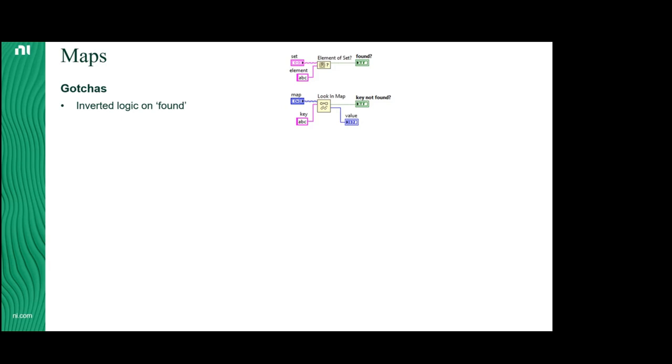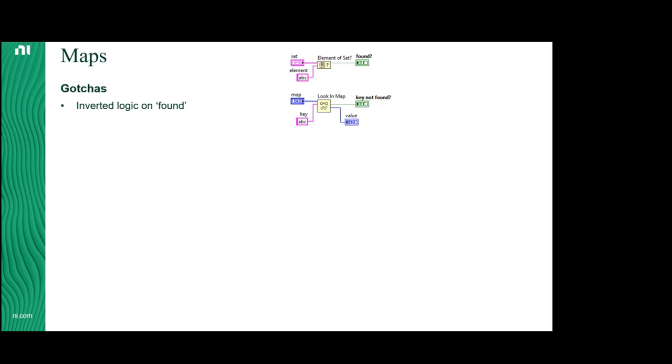His conclusion was that most of the time when you're checking if something is in an element of set, you want to do something if it is found. And his conclusion was, most of the time when you are checking to see if something is in a map, you want to do something if the element is not found. And immediately after he told me both of those things, he said, I might have been wrong about all of that. So it's too late to change it now, but that is definitely something you got to look out for,